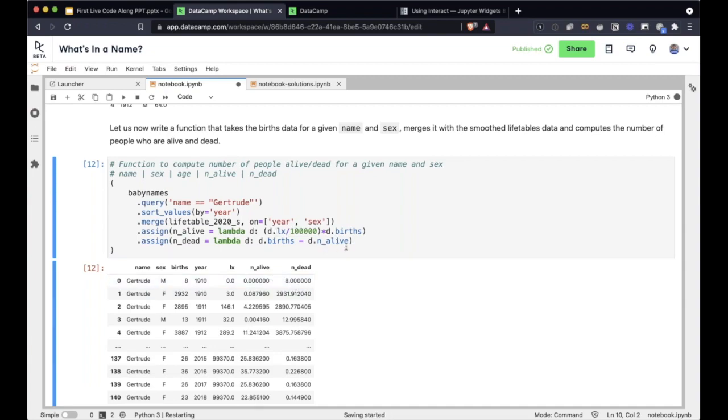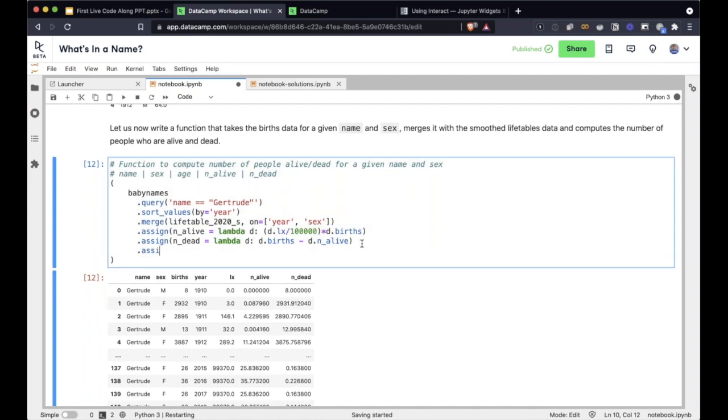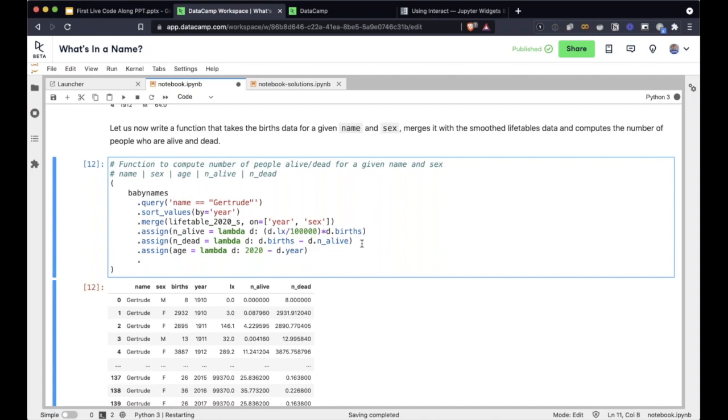So the final thing we can do, and this is why the age distribution becomes critical, let's re-add the age variable. So the way I'm going to do it here is I'm going to say lambda d, and this is 2020 minus d dot year. So that's going to add the age back, and let me just plot it. I'm going to do a bar plot this time. X variable is going to be age. Oops. Y variable is going to be the number of people alive and number of people dead, because I want to plot both.